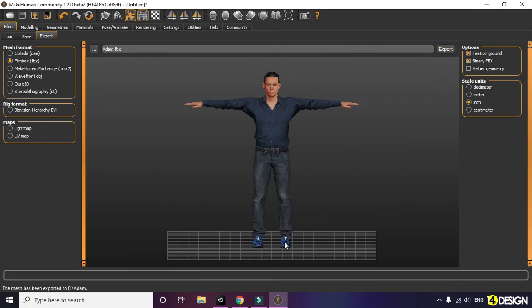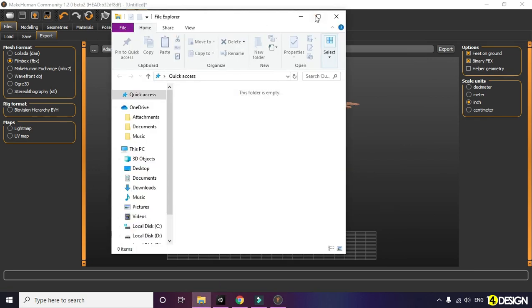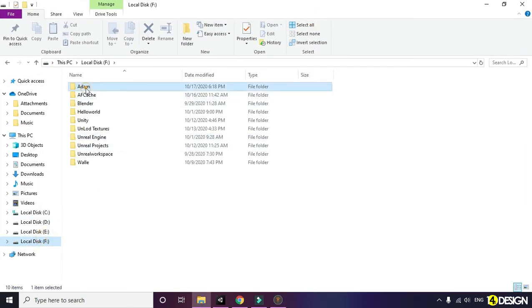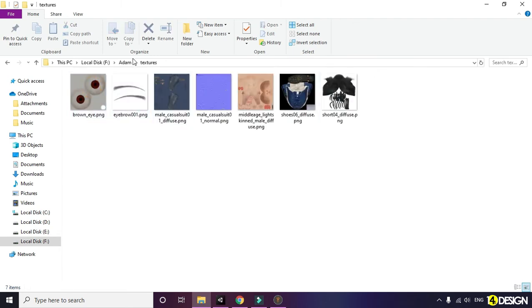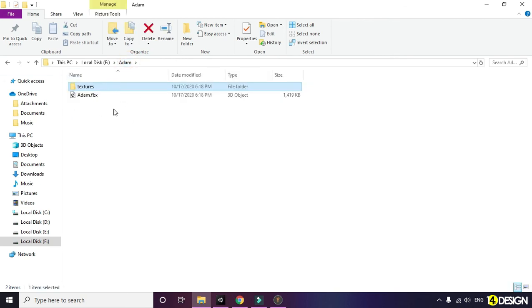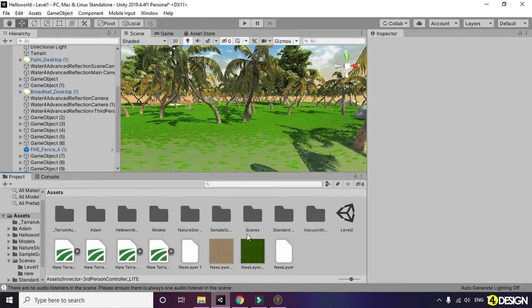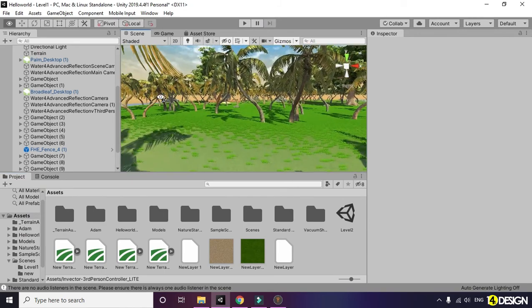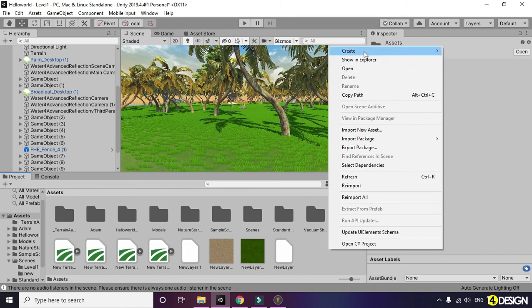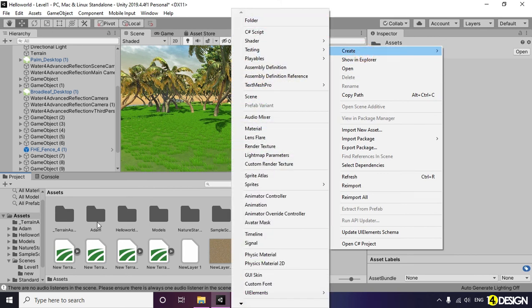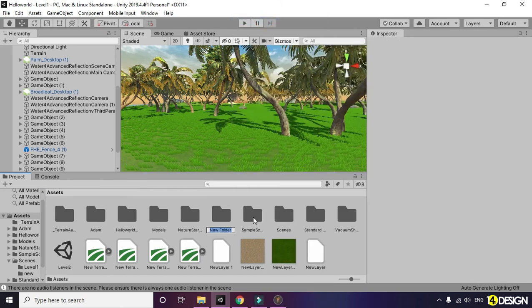Now let's go to our folder and see. There we have it. Our Adam character is here with all the textures. Now we need to import this into our project here. Okay, let's create a new folder.